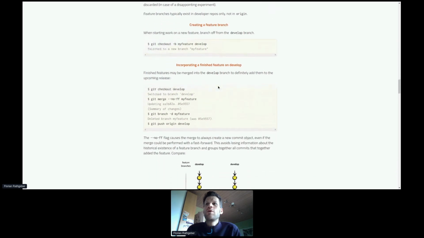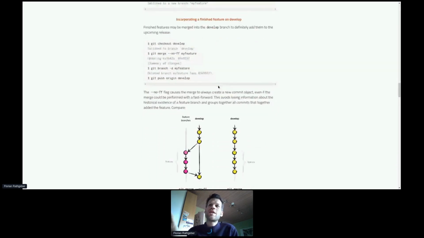So in my opinion, it is a fairly well thought through model, but it has a lot of overhead for small projects and a small number of contributors. So I don't personally use it for any of my open source projects because it's too complex. And in fact, at